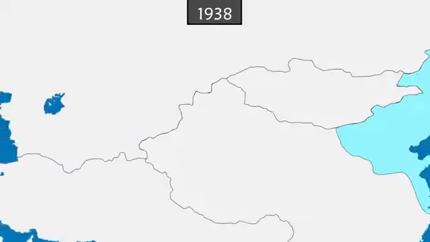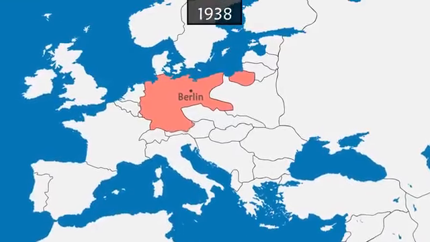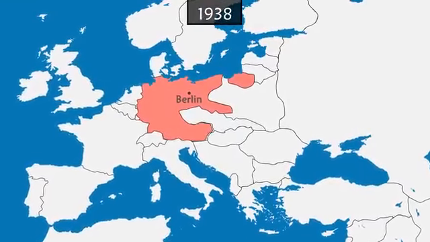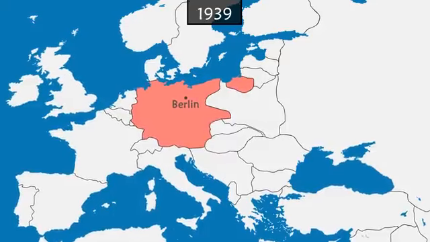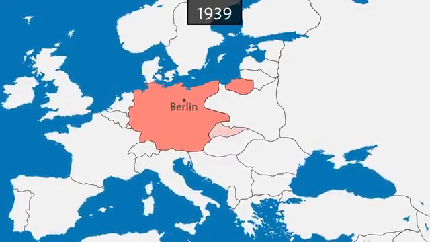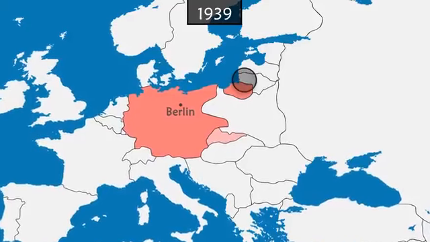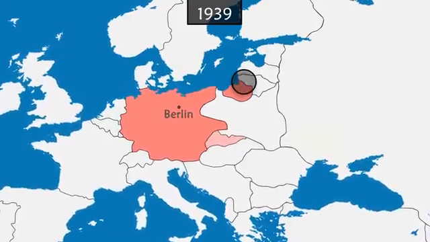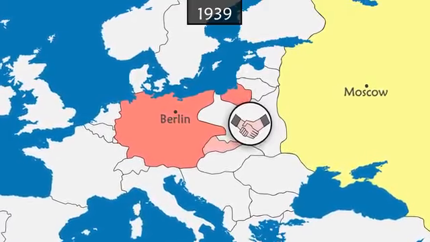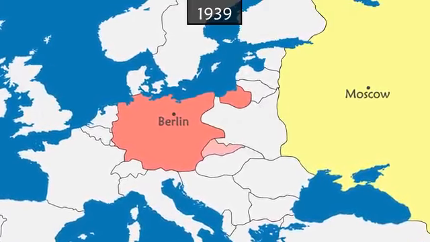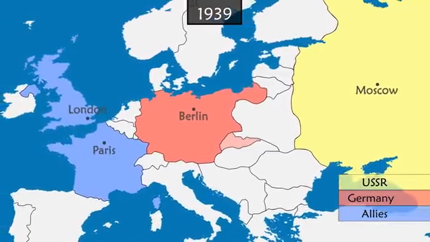Germany is now powerful enough to launch its territorial expansion. It first annexed Austria with support from the local Nazi party. Next, the west of Czechoslovakia was invaded. The Slovak Republic becomes a German satellite state, while Hungary grows closer diplomatically. After the occupation of a part of Lithuania, Germany signs with the USSR a non-aggression pact and a plan to carve up Europe. It then attacks Poland, which provokes the United Kingdom and France to declare war, marking the beginning of World War II.